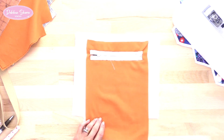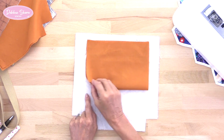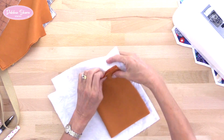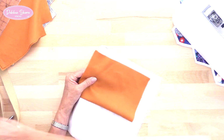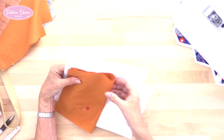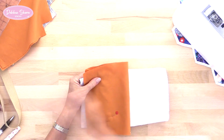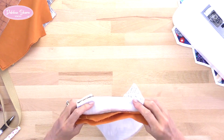And then the bottom part of the pocket I'm going to lift up to the top, and I can sew around these three sides, but I don't want to sew through the outside of the bag. So I'm going to move that out of the way and pop a pin in there just to hold it back. So again, with this side I only want to sew through the lining, not through the outer bag. So fold it out of the way and pin it, and the same with the top, right away from that lining fabric,